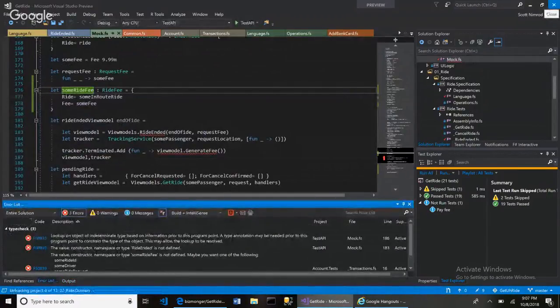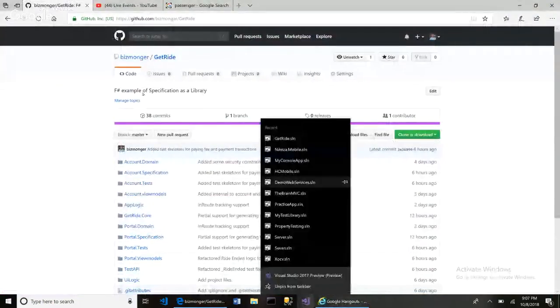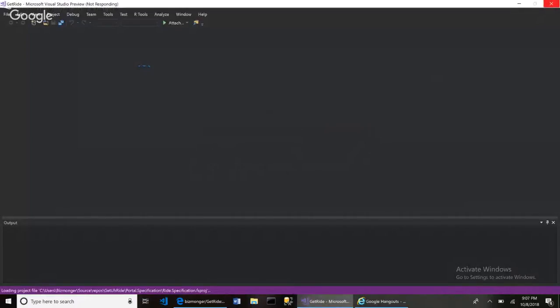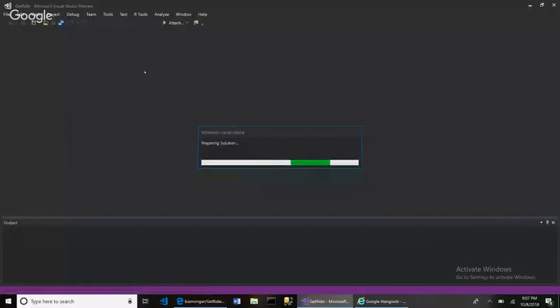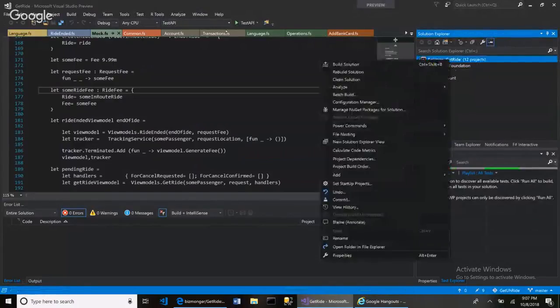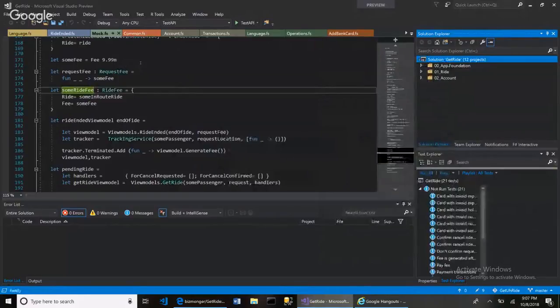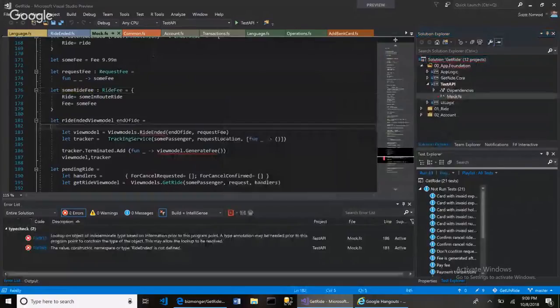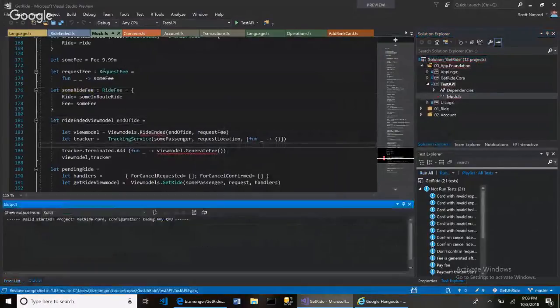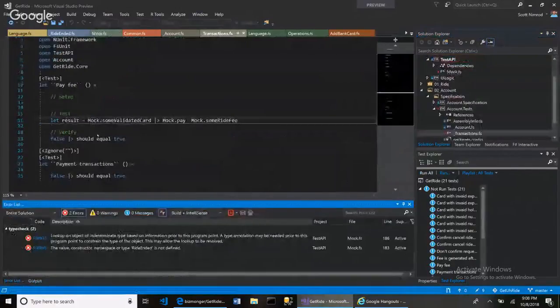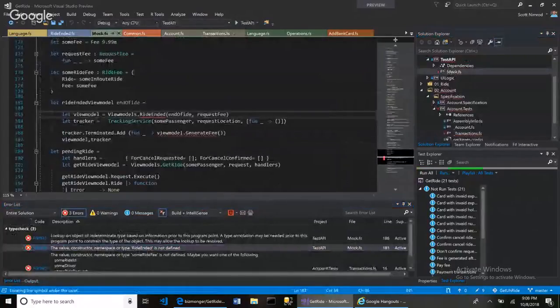And I'm going to close this and reopen it. And I'm going to clean everything. Do I need to clean everything? Let me just try to rebuild before I clean. Control Shift B. Now I get in my output window,